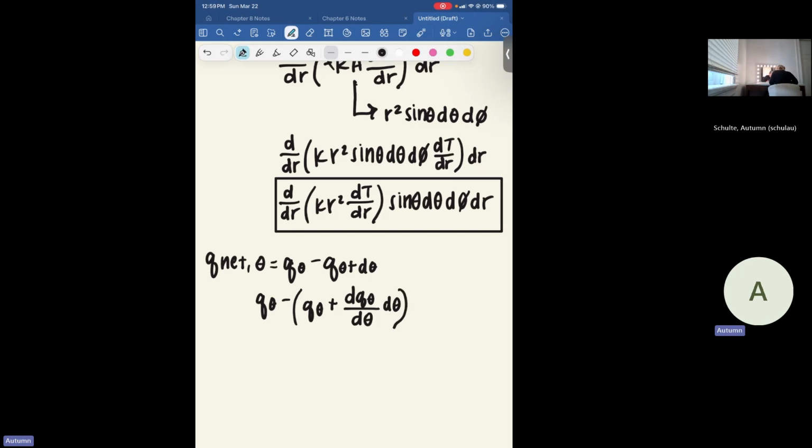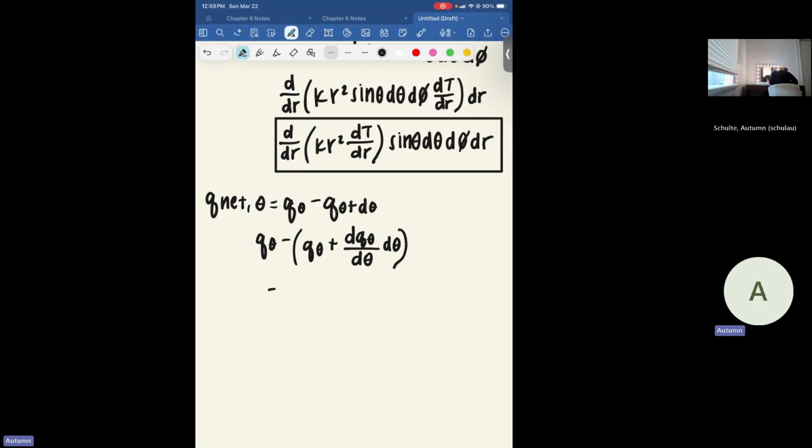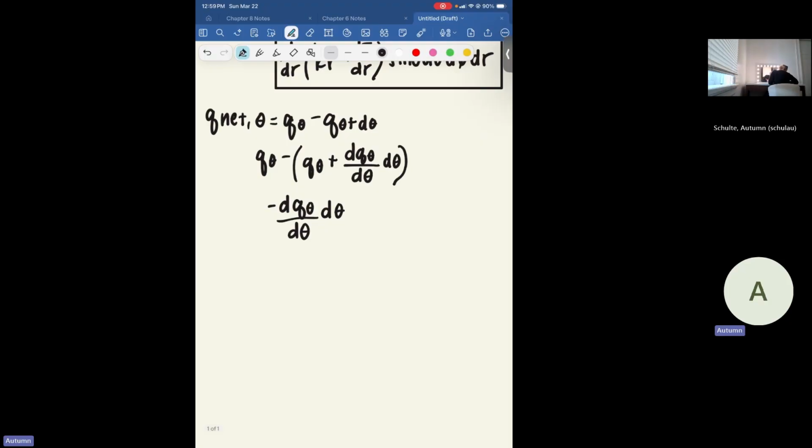Our q thetas cancel, so we're going to be left with negative the derivative of q theta with respect to theta times d theta. Once again, we're going to plug in Fourier's law. So this is going to be negative the derivative with respect to theta multiplied by our negative thermal conductivity times the area times the change in temperature with respect to theta